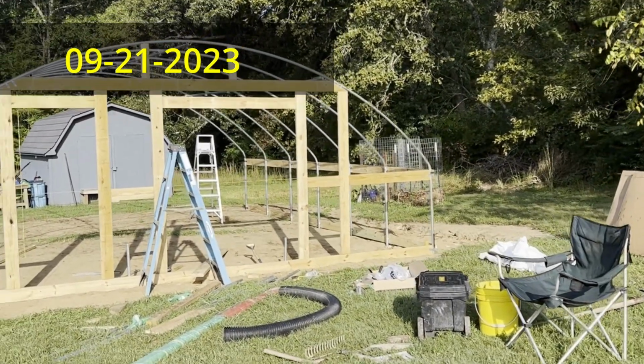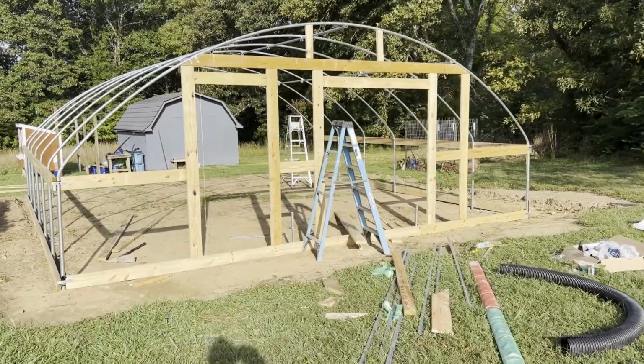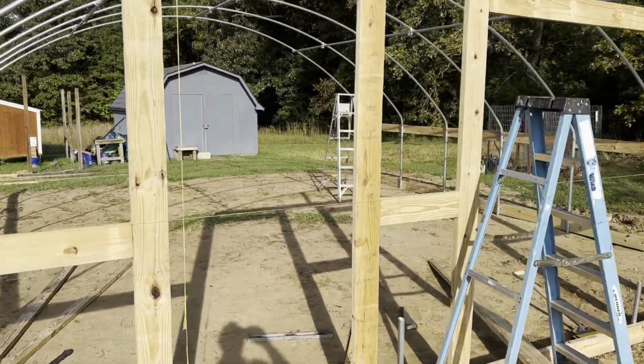Look there, isn't that great? It's beginning to take shape. I hope by this weekend the other end will be put in and we'll have the plastic over it. And of course,